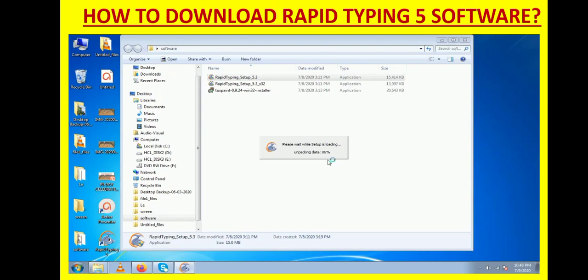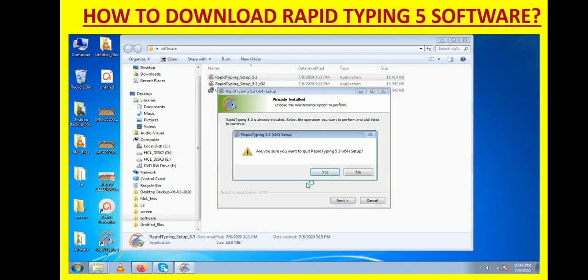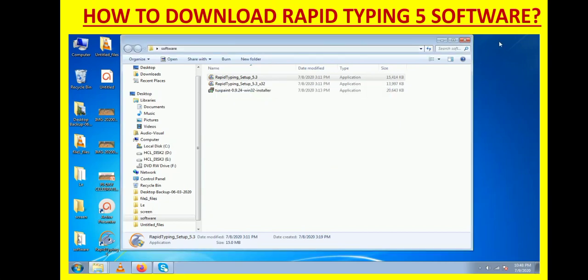The installer will start running. Now I have already installed it on my computer, so it is showing me the message already installed. If it is not installed, then click on Next and follow the on-screen instructions to download this software.